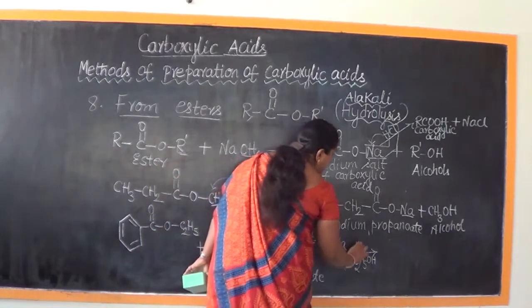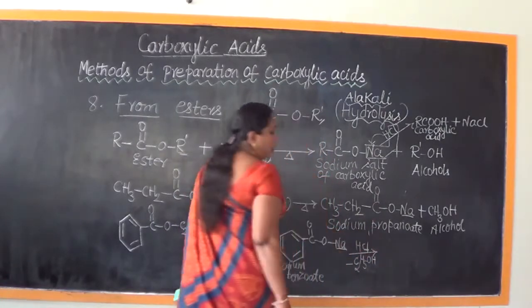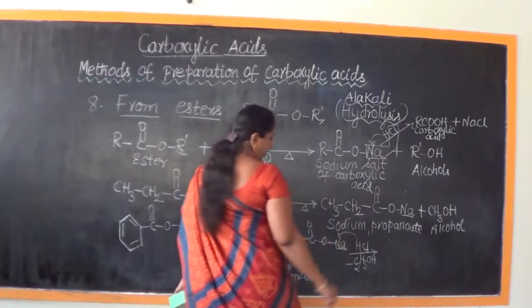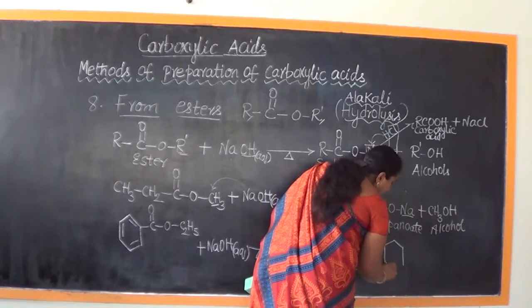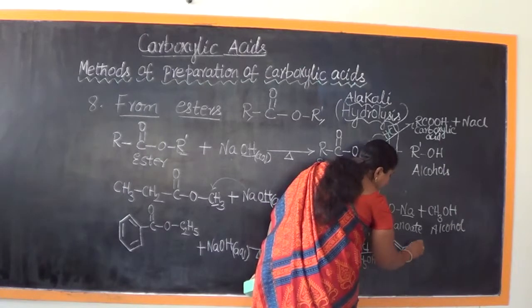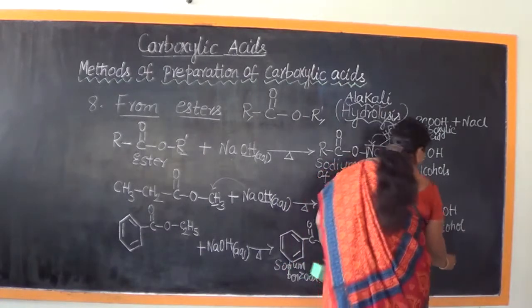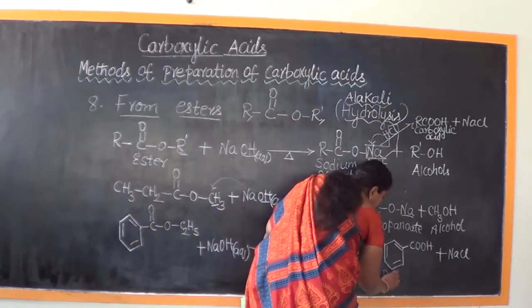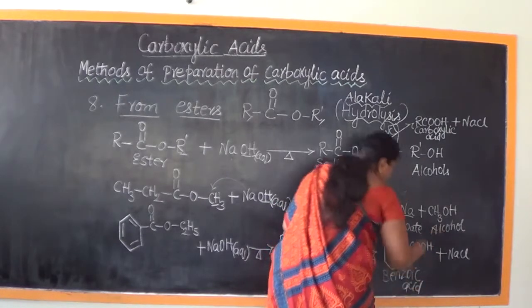This has to be subjected to the process of acidification with an acid. Na combines with Cl, comes out as NaCl, and H will take the place of Na. So let me just complete the equation. It's a two-step reaction, and completing it in a single step, plus what are we going to get? NaCl. So we obtain benzoic acid. We obtain benzoic acid.